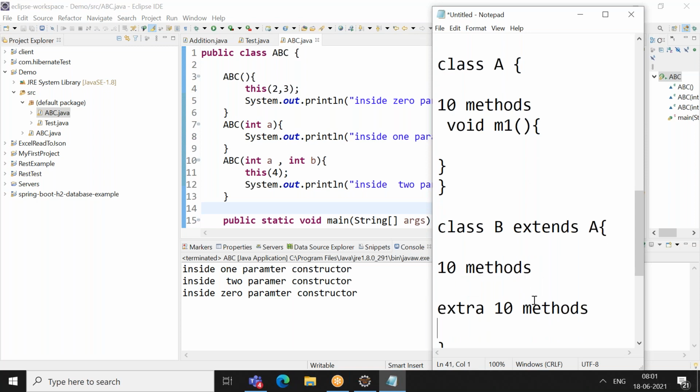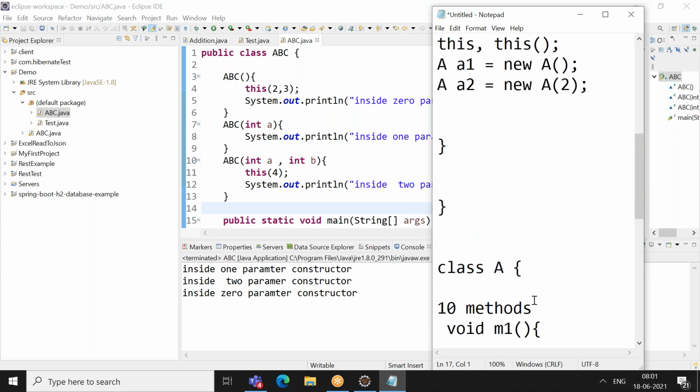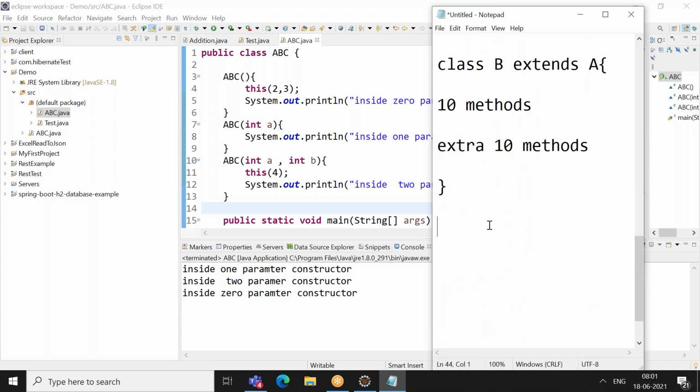So this is nothing but your inheritance, child and parent. We'll go deeper if possible, I'll try to explore more on this. So here, if you see, there comes super, and I'll be using super and super with brackets.